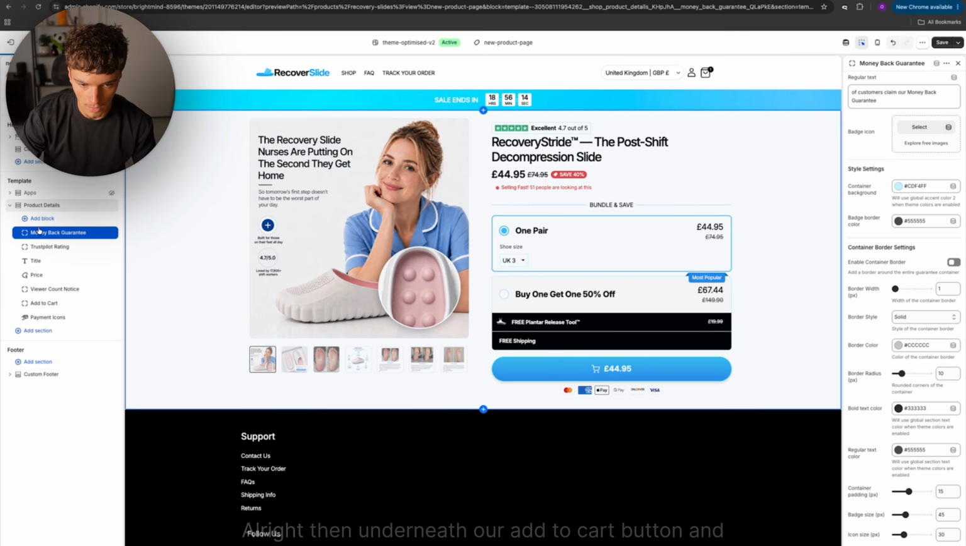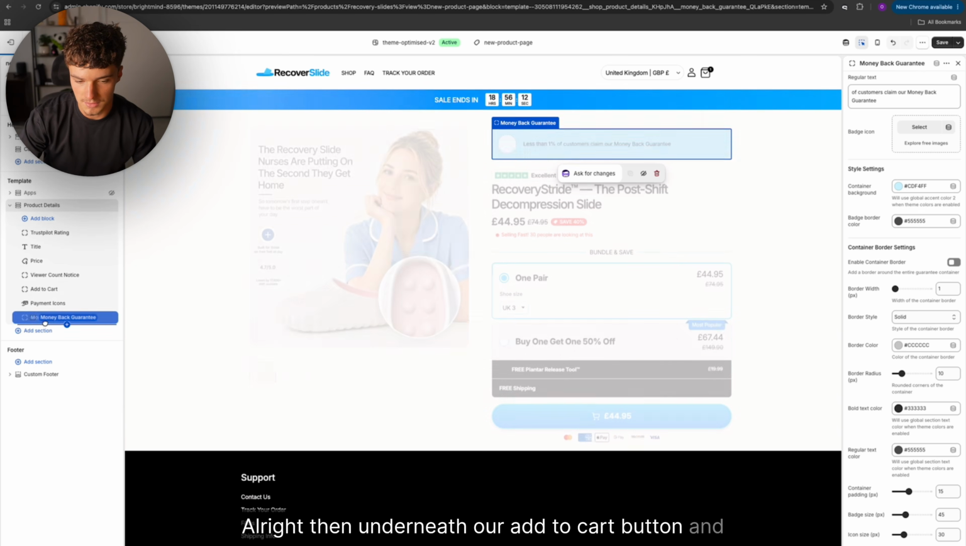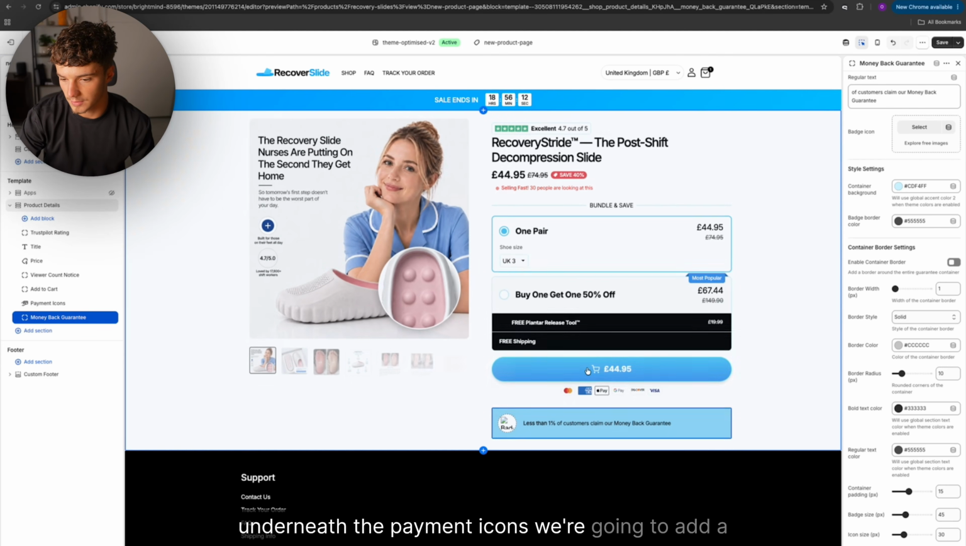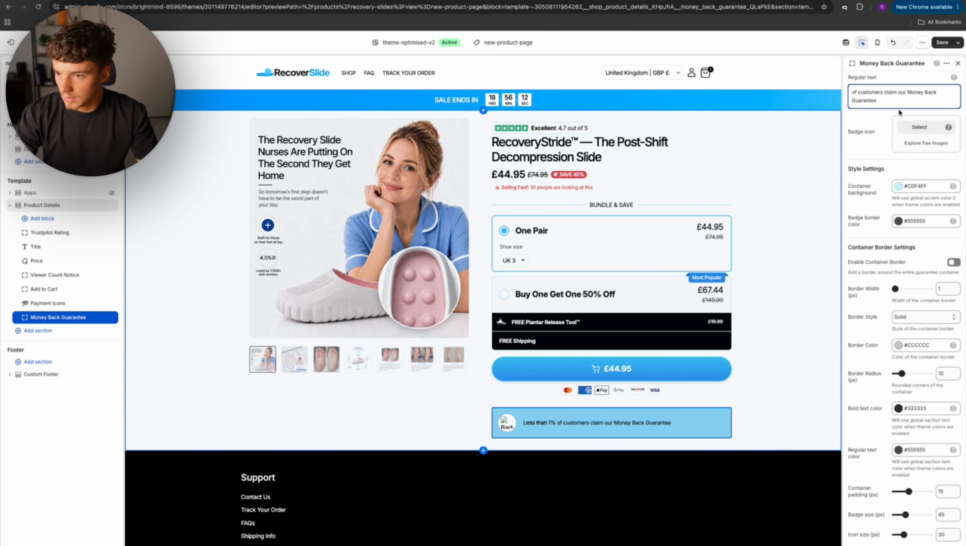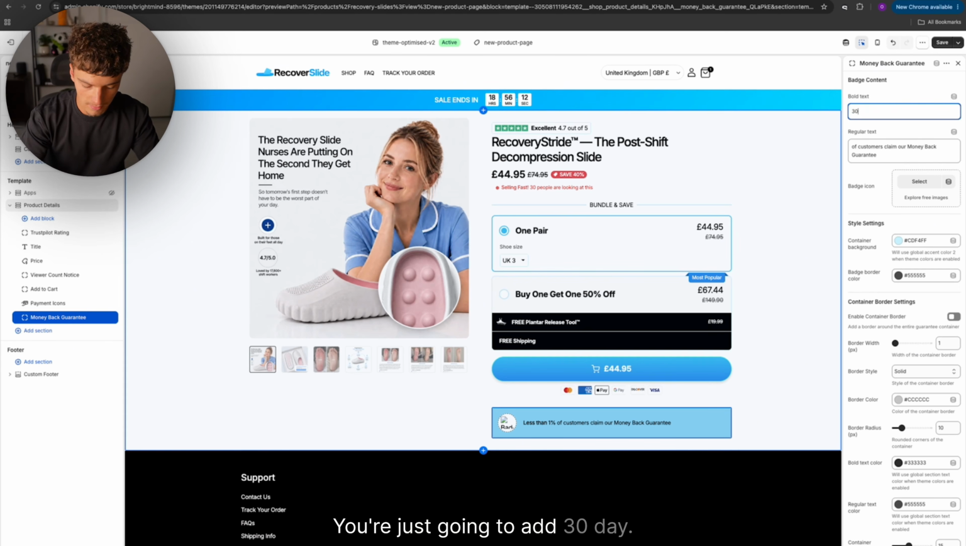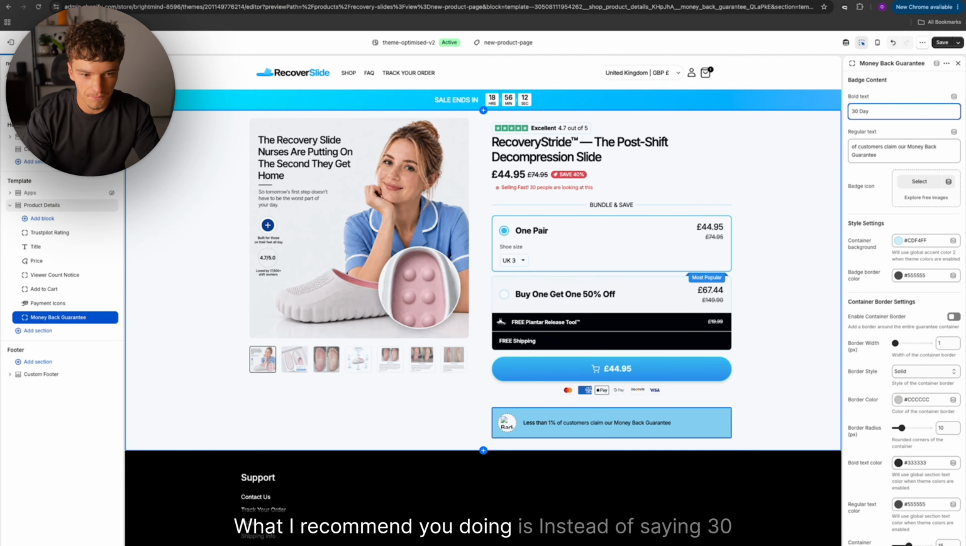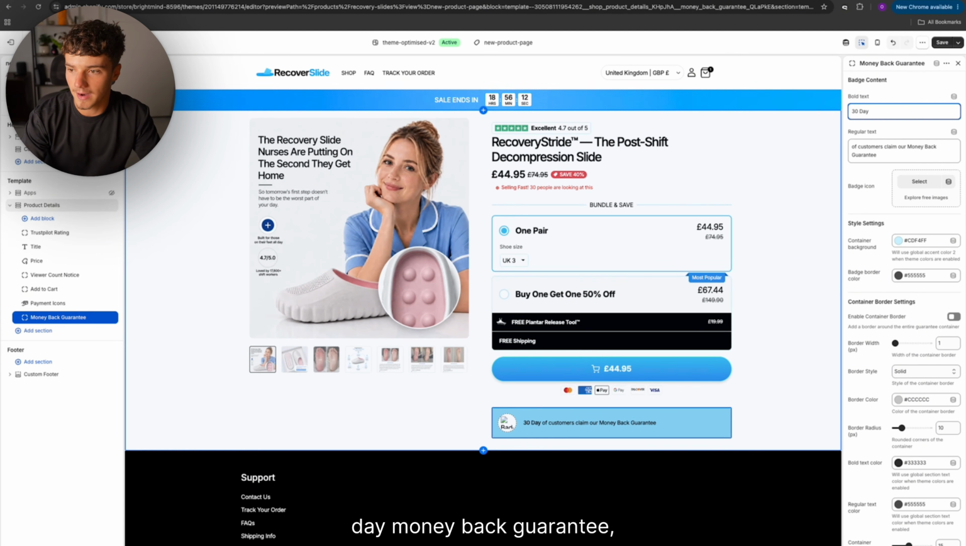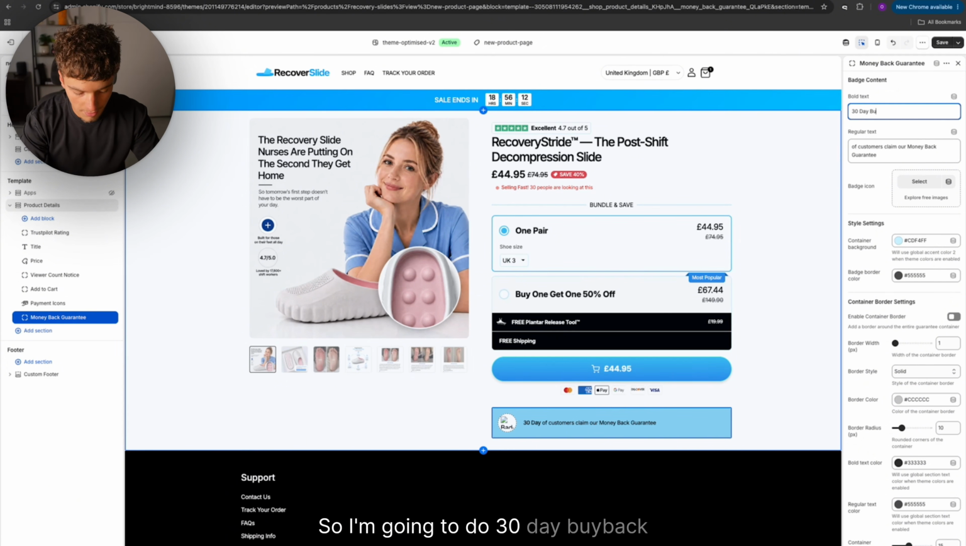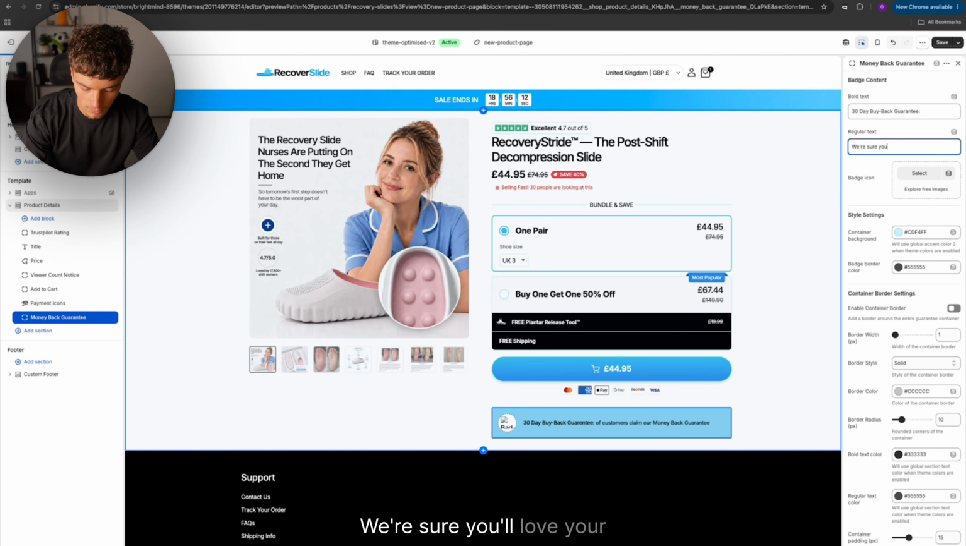I don't like how there's a shadow behind this. There we go. Alright, then underneath our add to cart button and underneath the payment icons, we're going to add a money back guarantee. So you're just going to add 30-day. What I recommend you doing is, instead of saying 30-day money back guarantee, say something unique. So I'm going to do 30-day buyback guarantee. We're sure you'll love your slides,